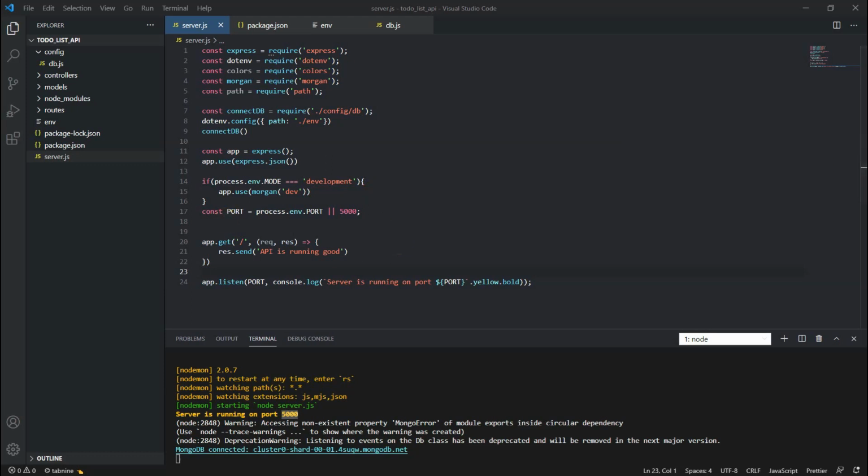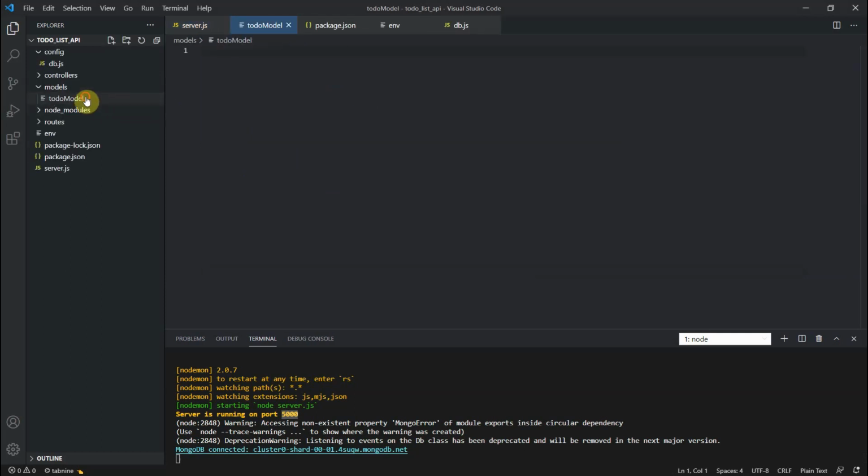So for that, first what we need, we need to go to model. That model name is todo model.js. Sorry, my mistake. Okay, so in this model, you need to bring first mongoose, right? So require.